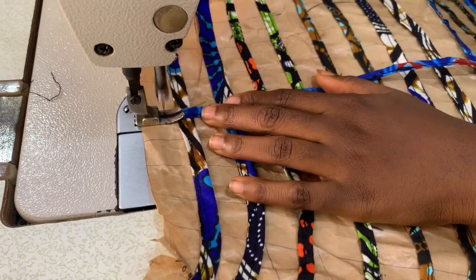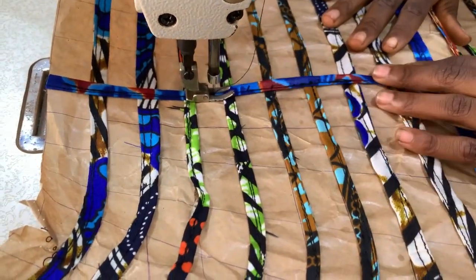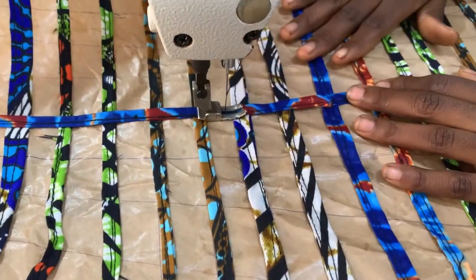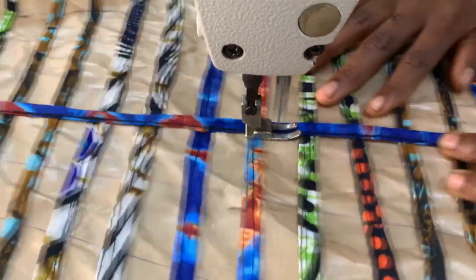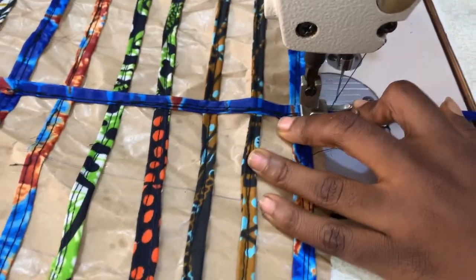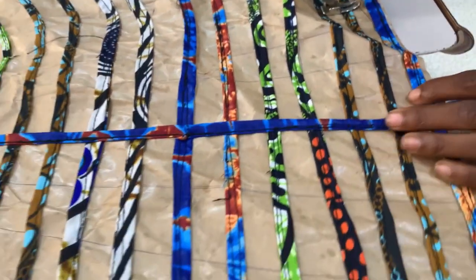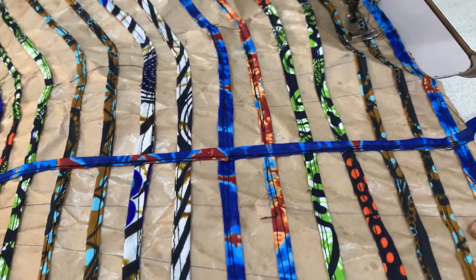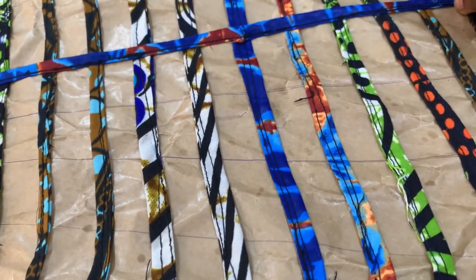Just watch how I'm going to do that. Here, it's super easy. Just the Ankara you already stitched down, start picking it one after the other and start stitching it up. That is it. So this is how you're going to start stitching. And another thing I would like to tell you is that when you are done fixing it like this,